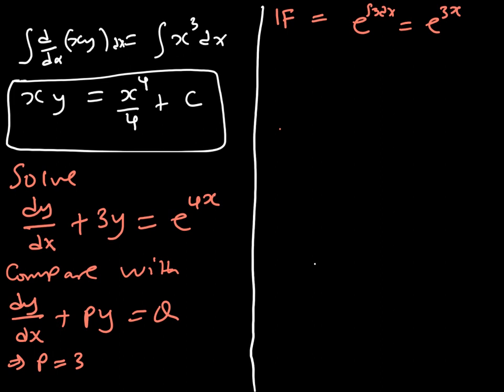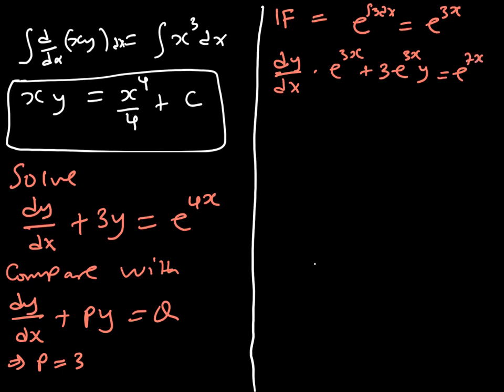Okay, that's what we are getting as the integrating factor. So what next? The next step is just simple. Multiply through by the integrating factor. Everywhere by the integrating factor, we're going to have dy by dx multiplied through by e to the 3x, plus 3 e to the 3x, multiplied by y, equals e